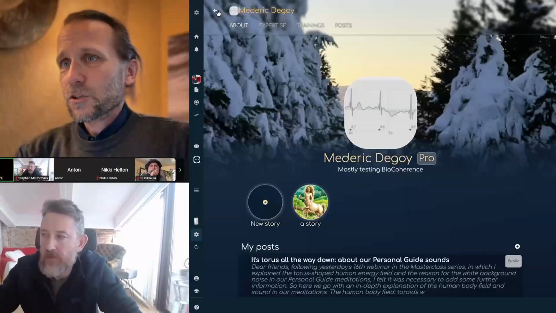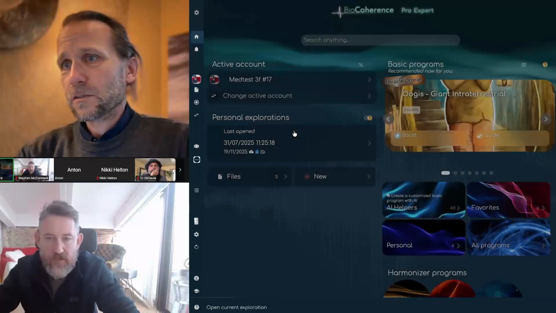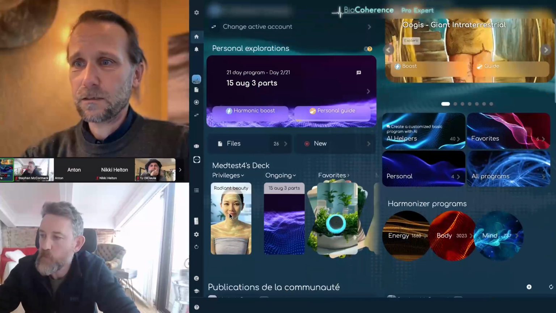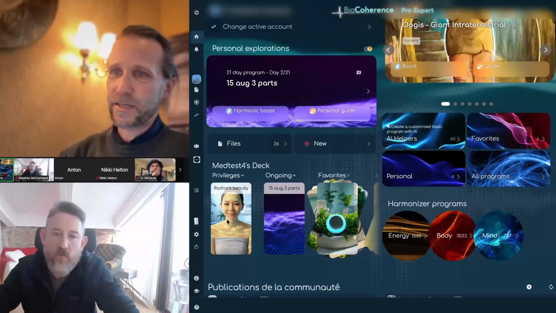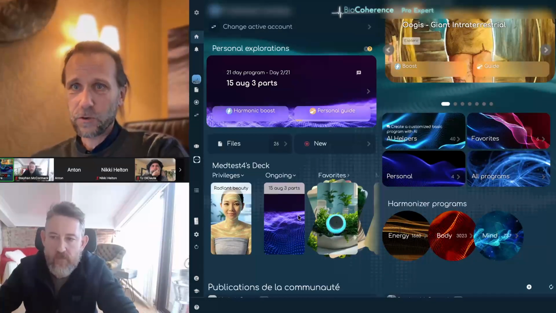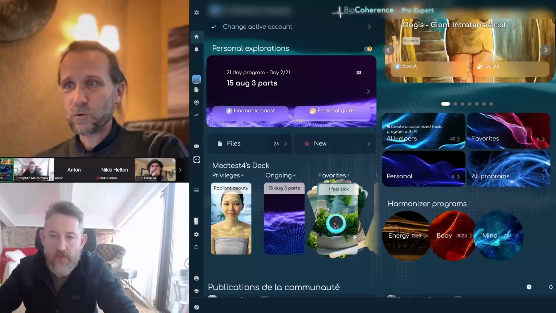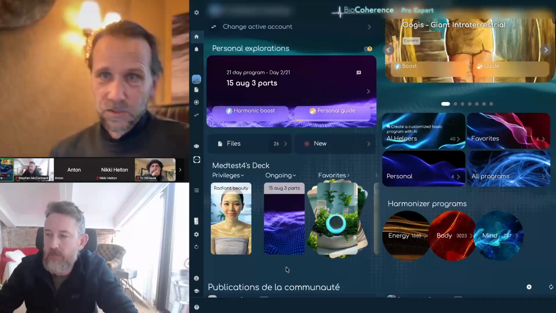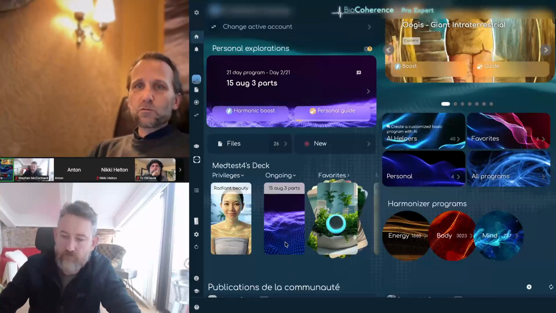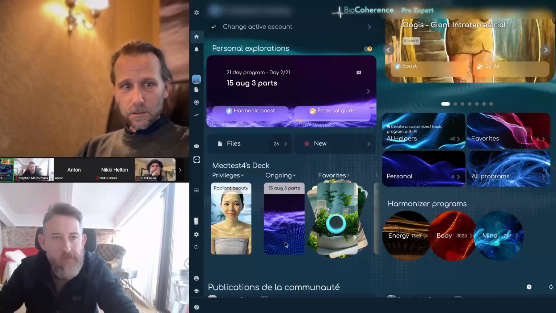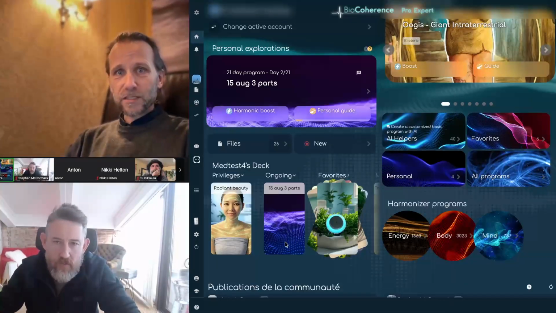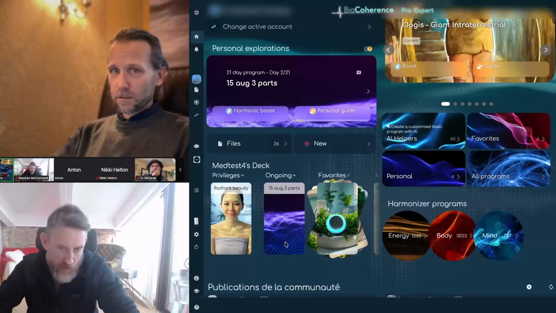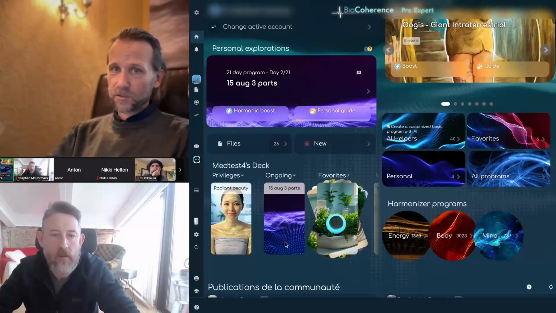Another thing that changed in the next update: if I go back on the homepage, when I change the account and I open the account of a client, I can now see the client's deck here. And this deck is every ongoing program that you have, the favorite programs that you have, and the milestones. This is open for discussion, but I think it would be good that pros could have access to this deck because it can allow pros to see how the client is progressing on several points, like what basic programs they are currently running, where they are in their ongoing 21-day programs,